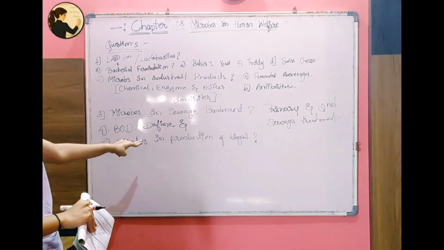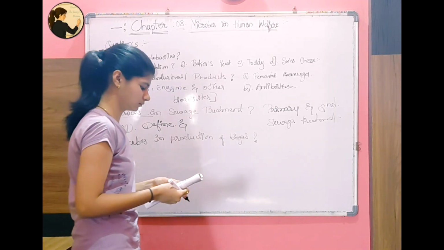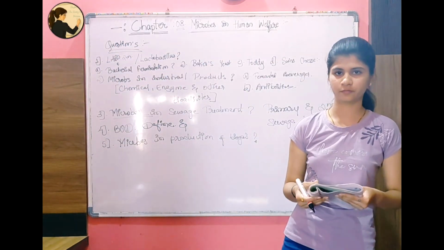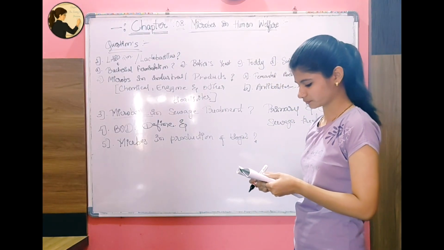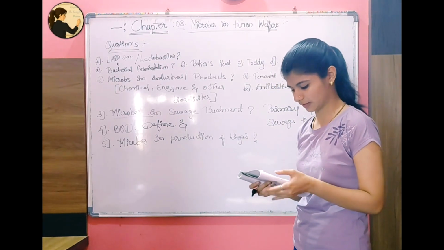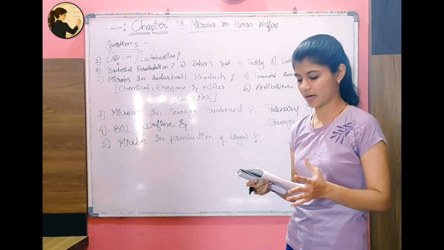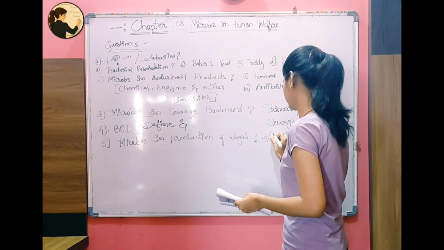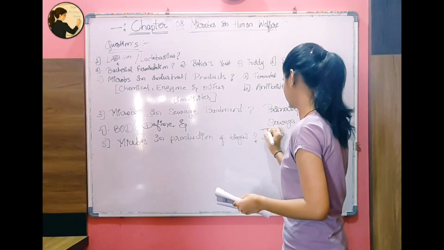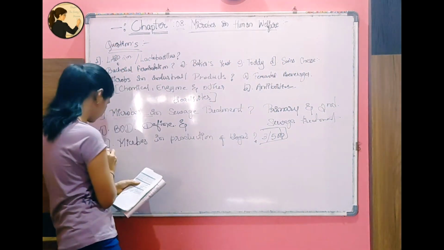So the fifth question is of microbes in production of biogas. In this also you have to write what is biogas, the definition of biogas. Then methanogenesis, methanobacterium. What all does the biogas plant consist of? It is a three to 5 marks question, okay? Then